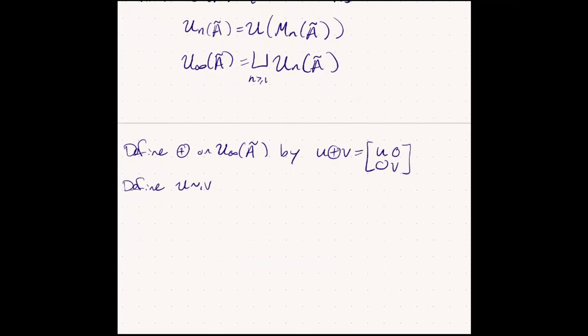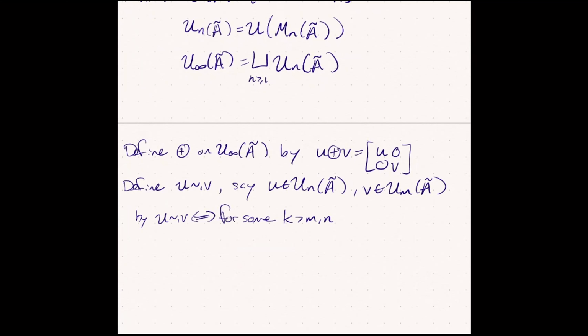U and V are tilde 1 equivalent if and only if you can find some number K greater than M and N. So we need some larger matrix algebra, and that's what K is doing, it's telling you how big of a matrix algebra you need. But you need there to be a path